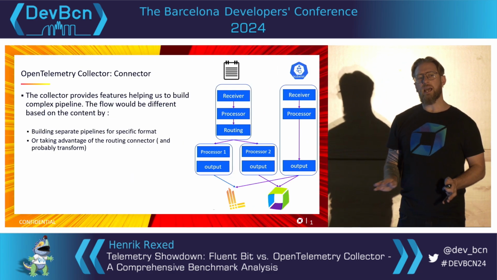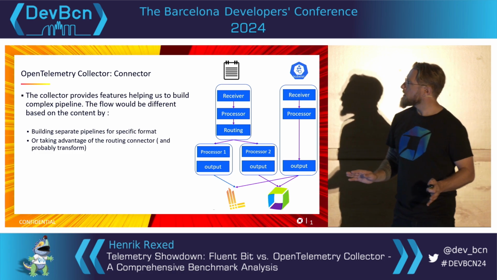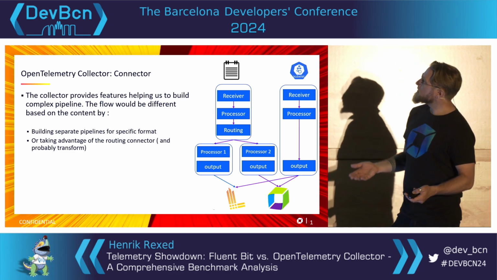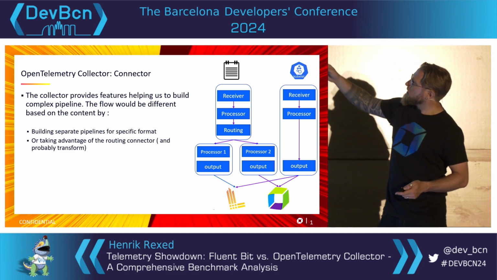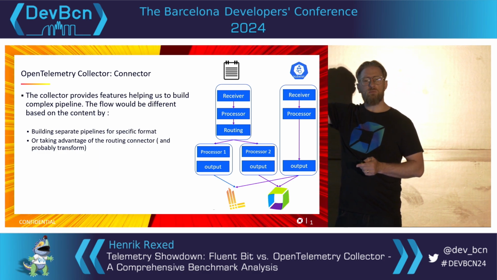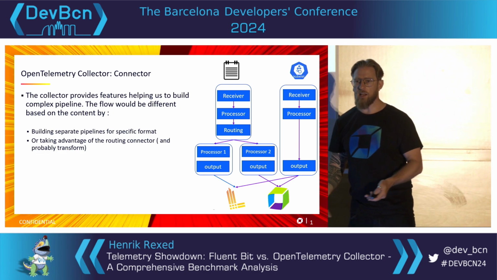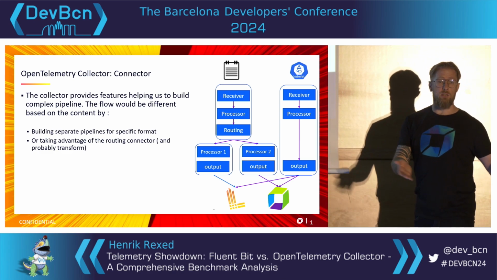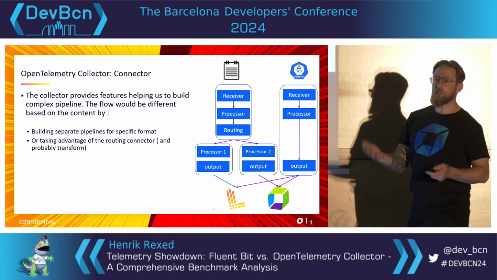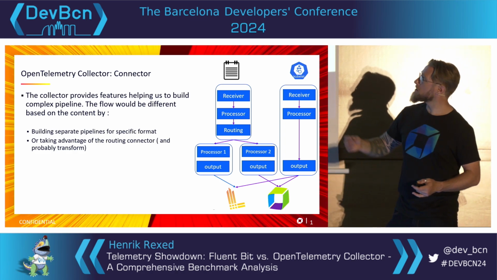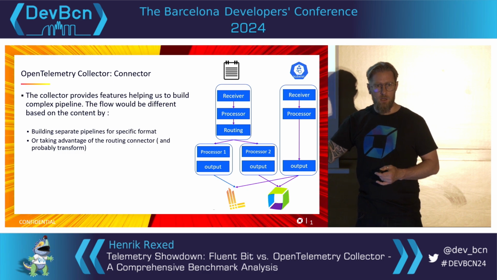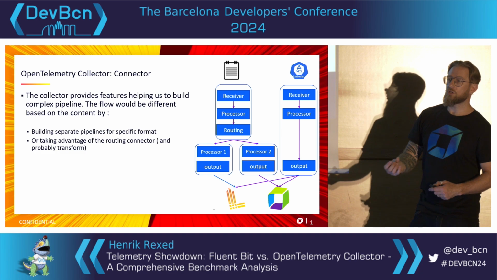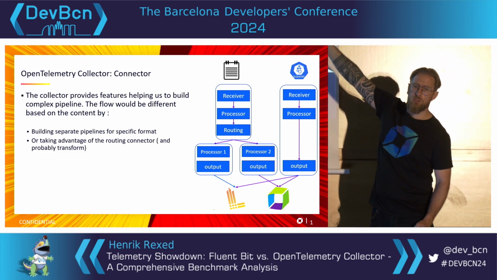In the collector, this notion of tag doesn't exist, to be clear. So you can do as many pipelines as you want. And the major thing is that to make this approach of, oh, this is a log file from, I don't know, kube system or from kube proxy, and I want to deal with it differently, I don't have the option to do that. So the only way to do this is using a connector. A connector in the collector pipeline acts like a receiver and an exporter. So I start with a receiver, I do some processor, and then I'm going to send it to the